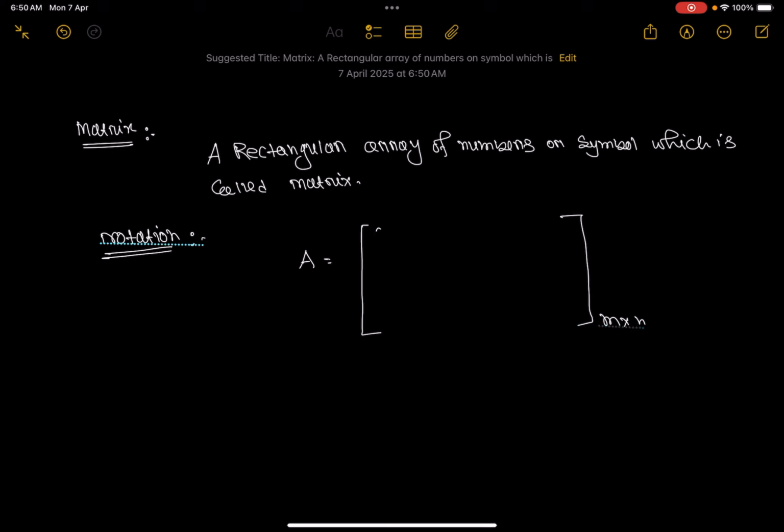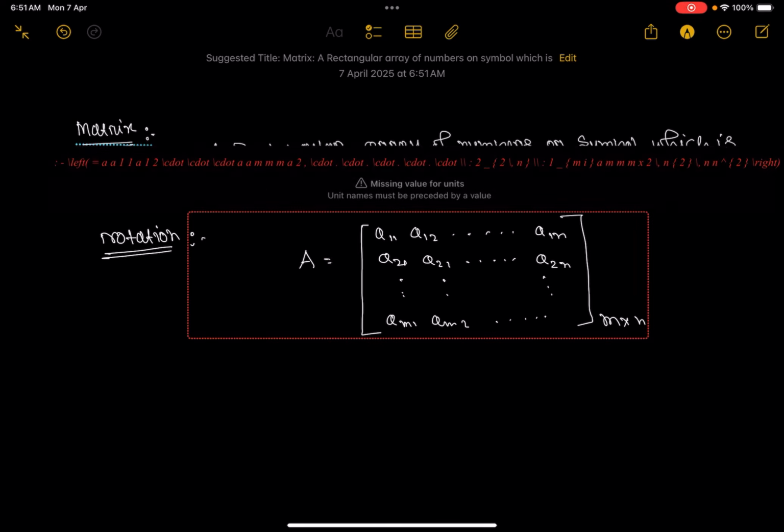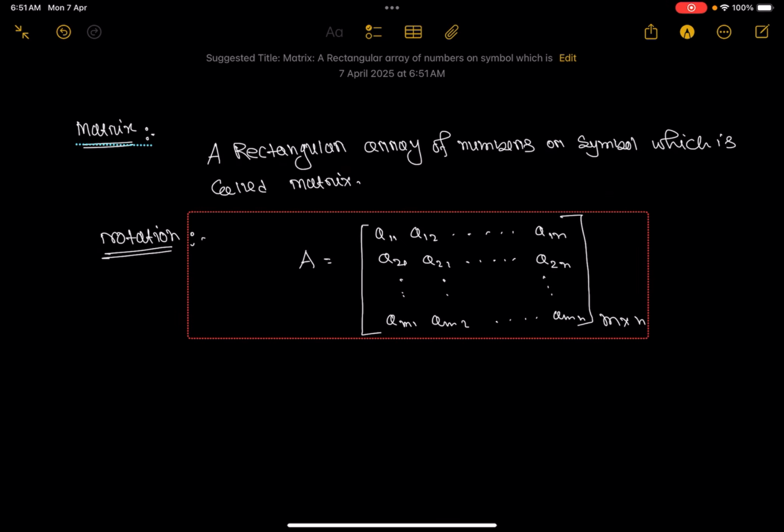These elements are A11, A12 up to A1n. Also the second row: A21, A22 up to A2n. This continues proceeding until AM1, AM2 up to AMN,